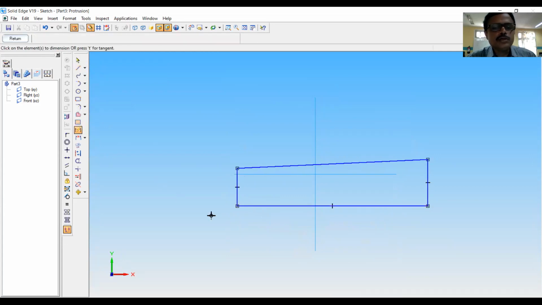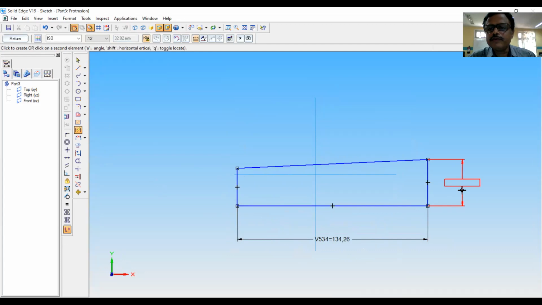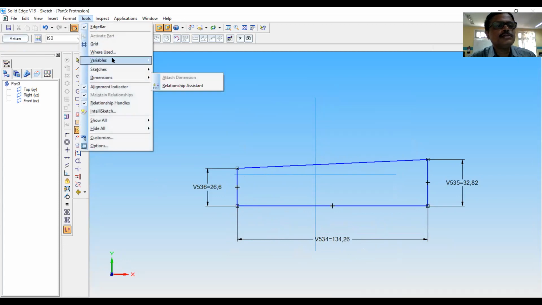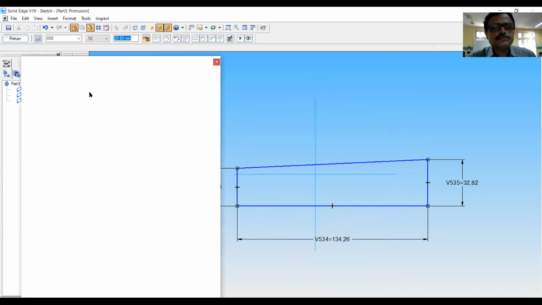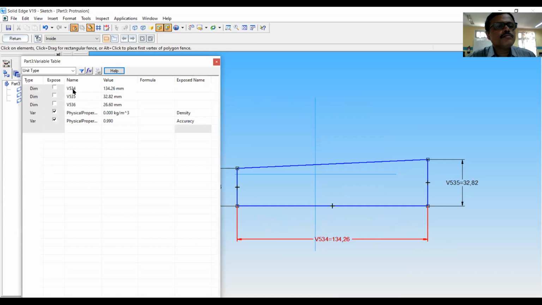Go to smart dimension. We'll fix everything afterwards. Now come to tools and variables. This one is related to length of the key. I will call it as L. You fix this. It is 98 mm.